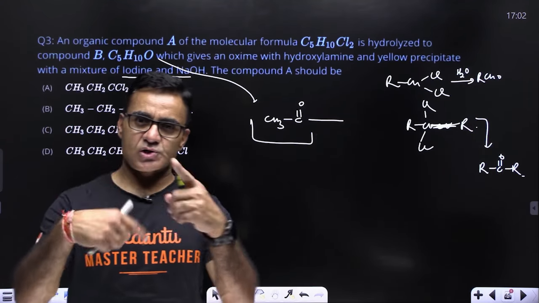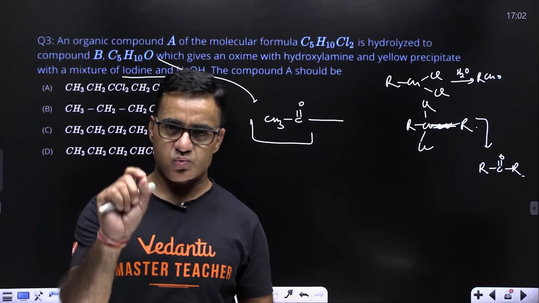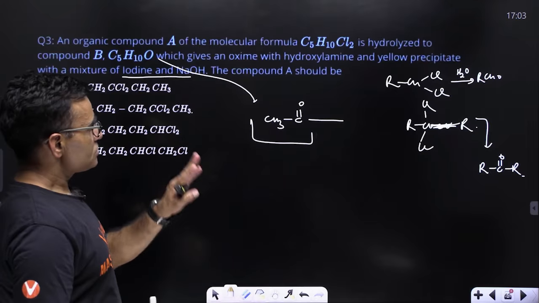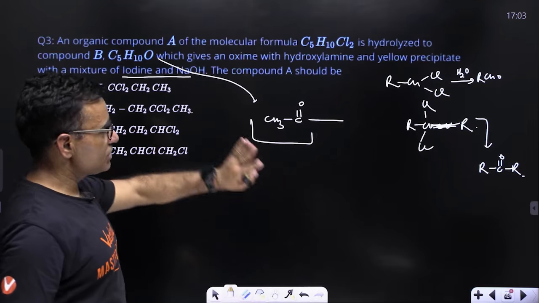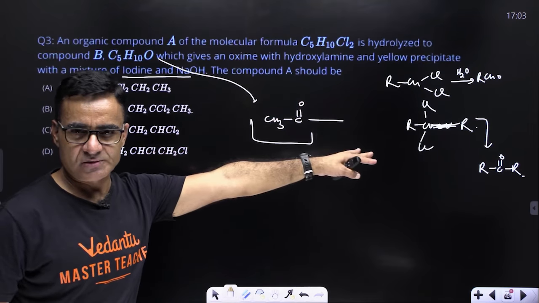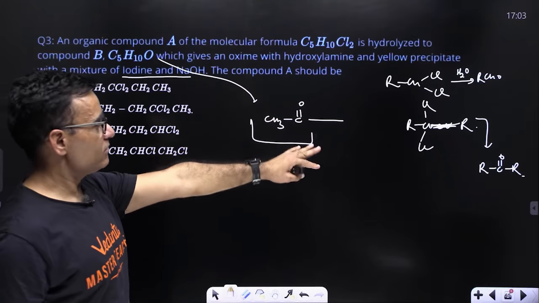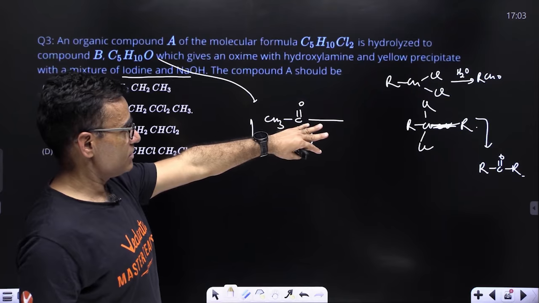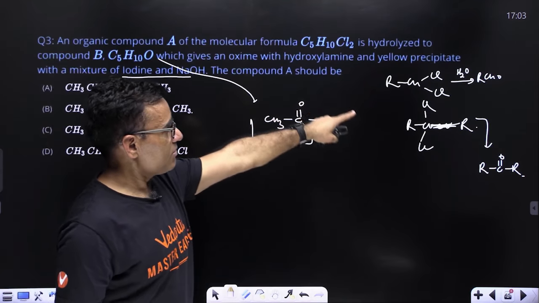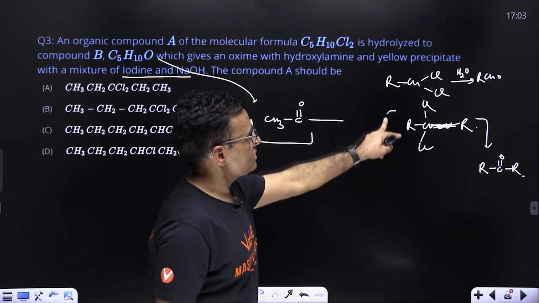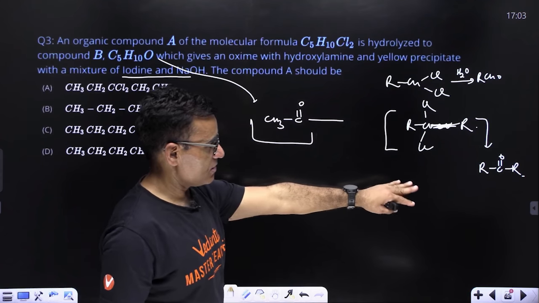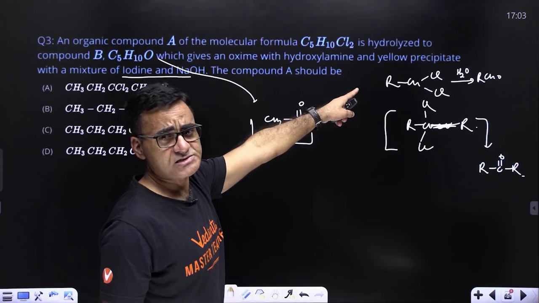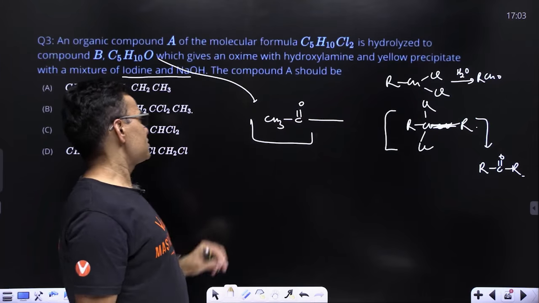While hydrolysis, both the chlorine atoms are replaced by OH group, and when one carbon contains 2 OH groups, H2O will be lost to give aldehyde or ketone. Alright, so since my desired compound B is actually ketone, first possibility is ruled out. You cannot have geminal dichloride, you can have only vicinal dihalide either in this form or in this form. Since this compound is suitable as it is forming a ketone, therefore I will be considering it, not this. ये geminal terminal वाला consider नहीं करेंगे, geminal internal वाला consider करेंगे।